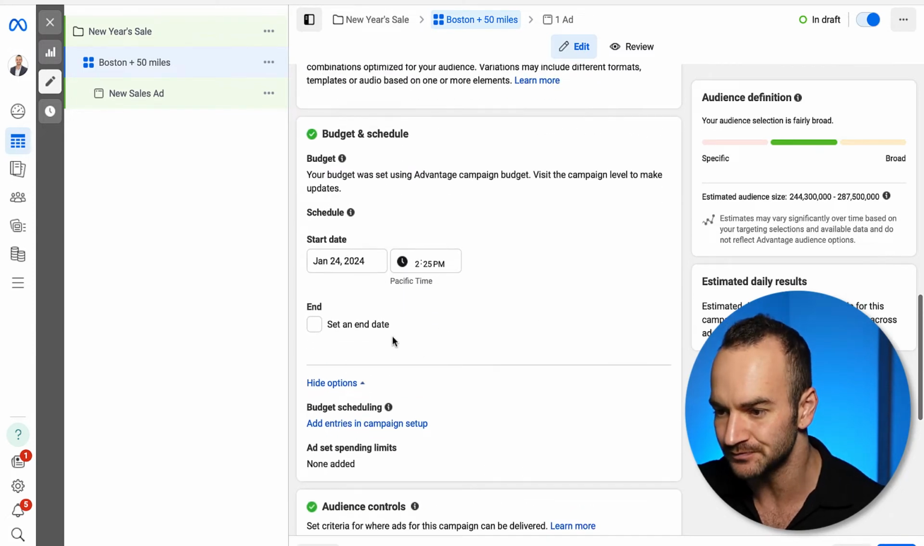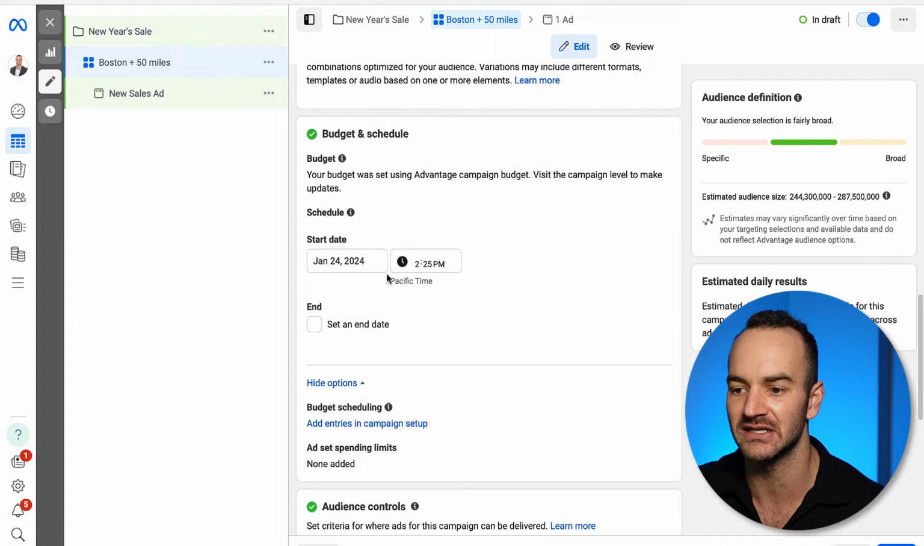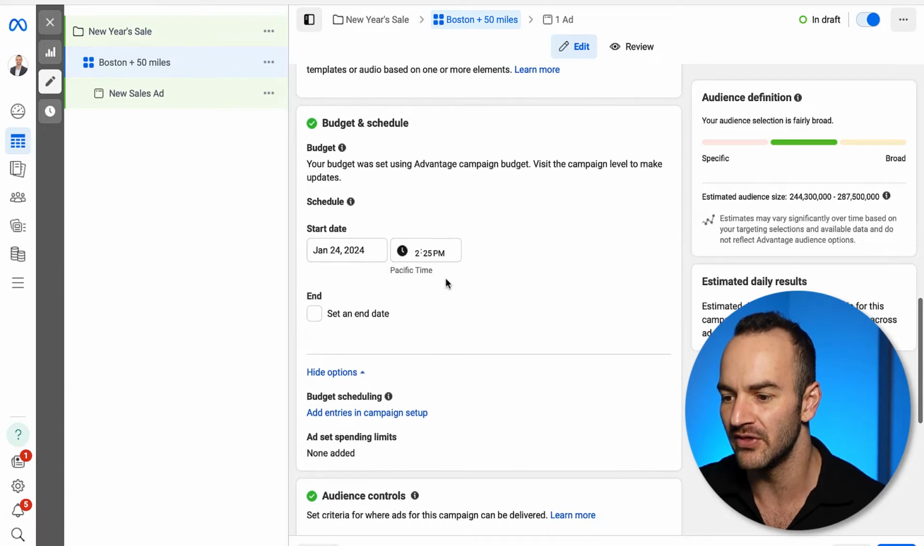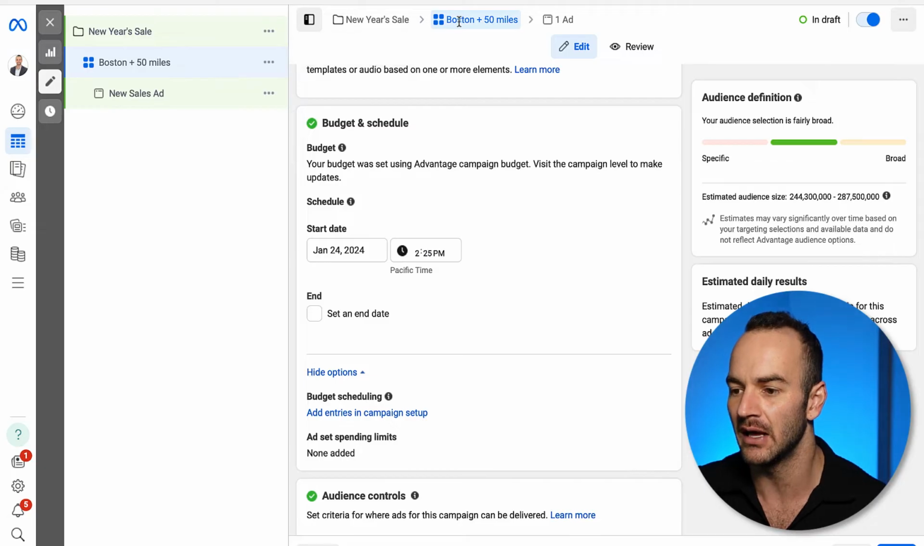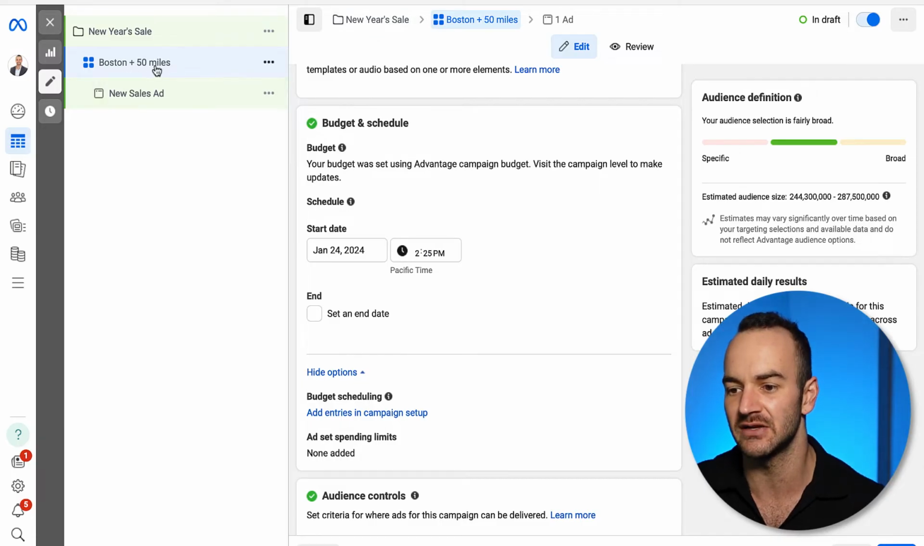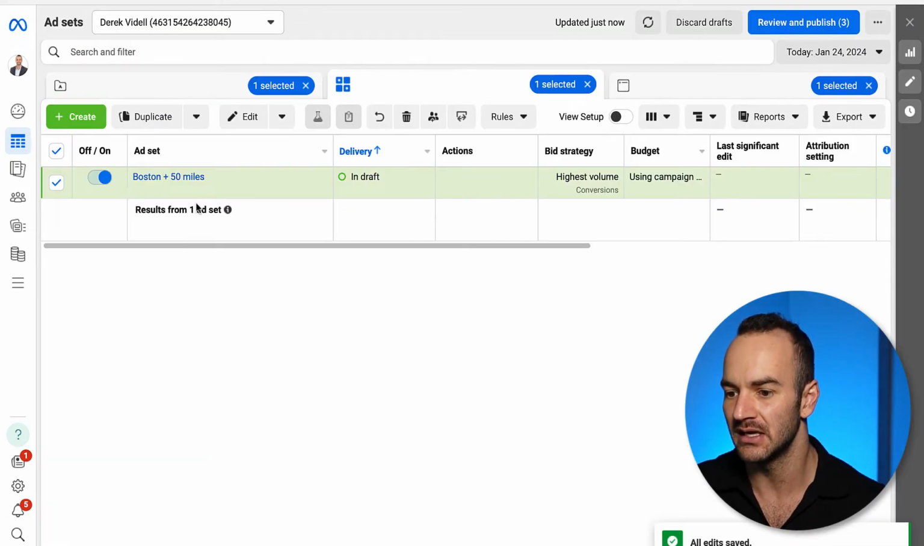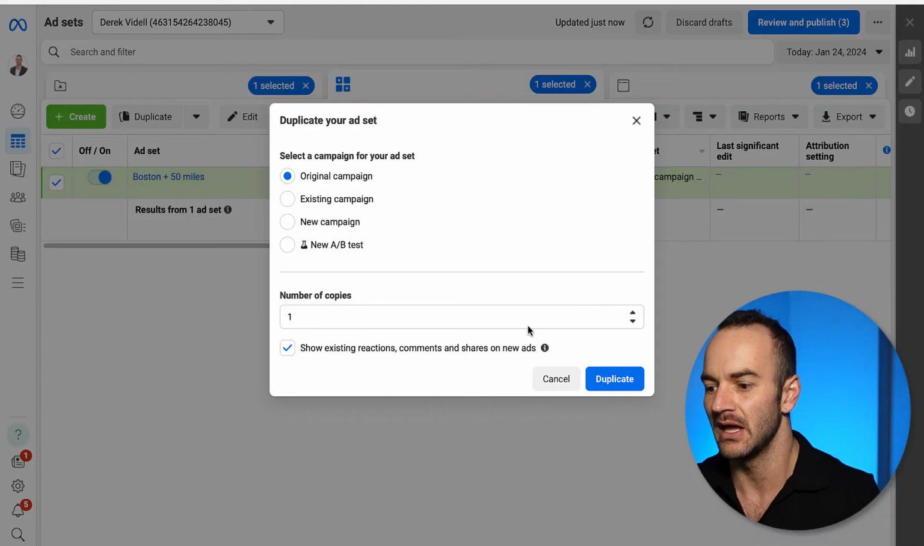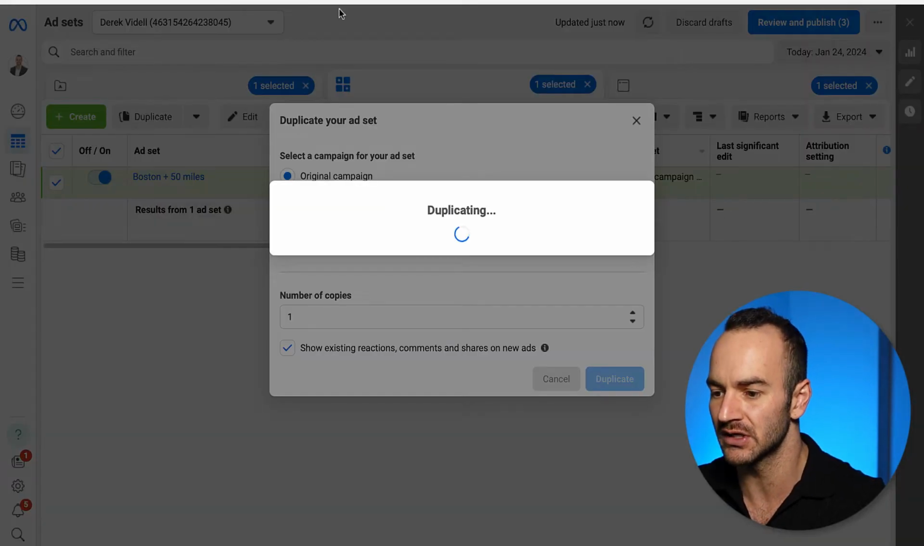Now the budget, I'm gonna explain that Advantage campaign budget before. This would be if you wanted to control the budget at the ad set level, or you can control the budget at the campaign level. So let's say I've got this Boston 50 miles, right? That's my ad set. It's who I'm showing this ad to. If I wanted to make another ad set right next to it at this level, and then this one was going to be New York plus 50 miles,